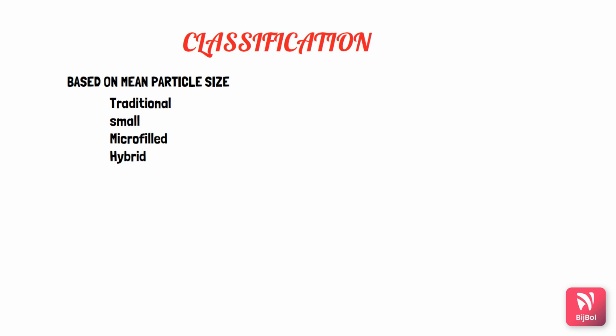For the small particle composites, it's about 1 to 5 micrometers. The micro-filled composites contain 0.04 to 0.4 micrometers, whereas hybrid composites contain 0.6 to 1